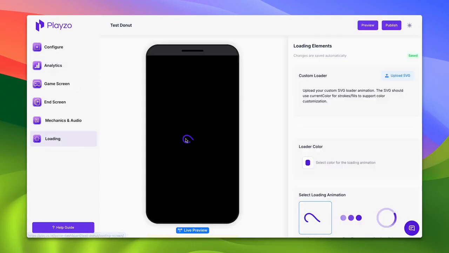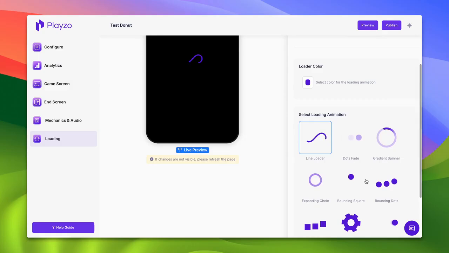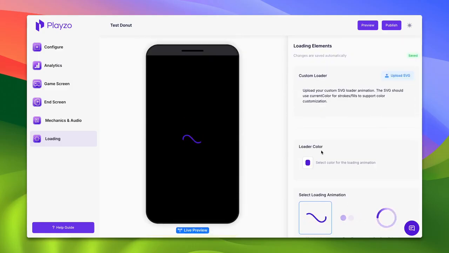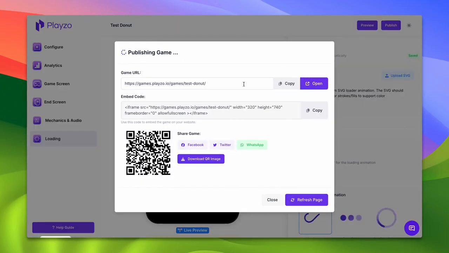You can upload a loading icon as well, choosing from existing options or uploading your own SVG, so you have choices for loading icons. Once you're ready, just publish, and you'll get options for URL, embed code, and a QR